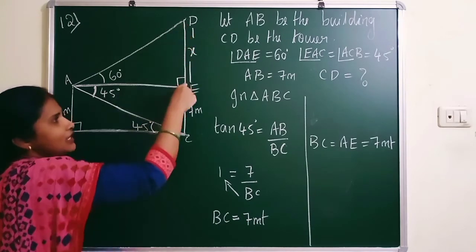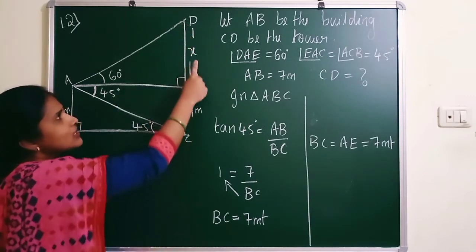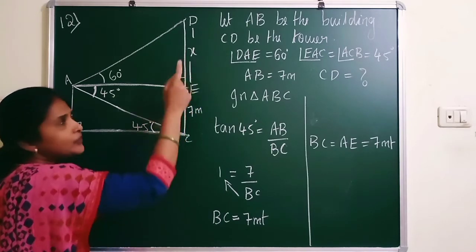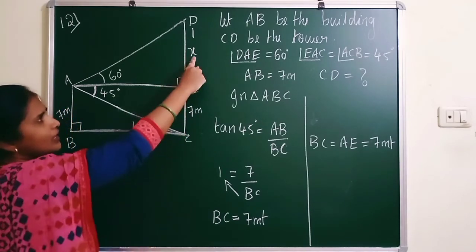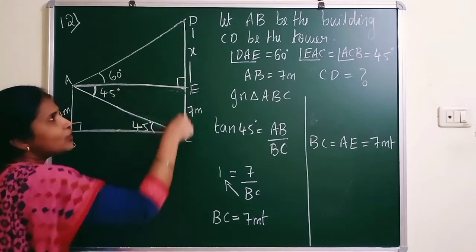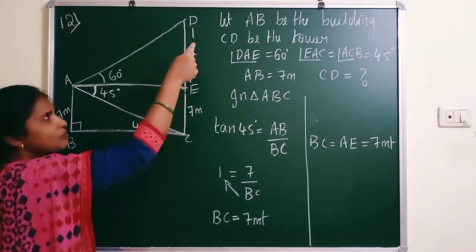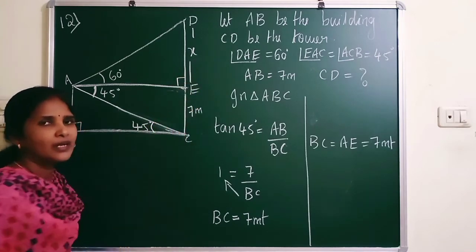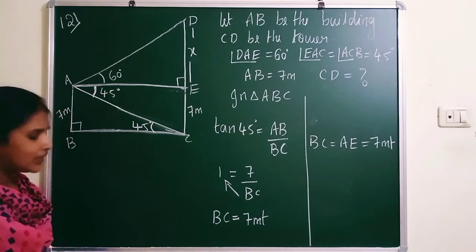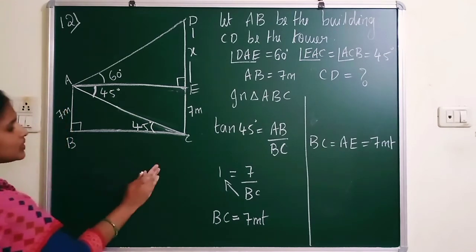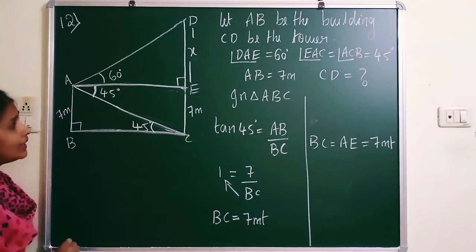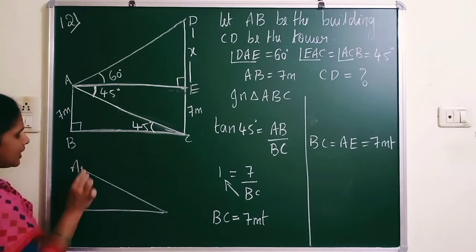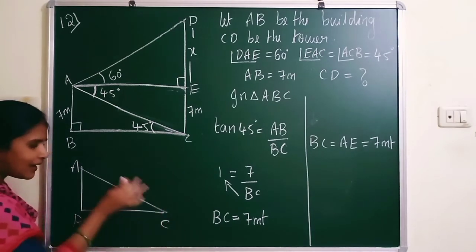And what about DE? If you don't want to take alphabets, you can consider any alphabet, that is, instead of taking DE, you can take it as X, or H as you wish. I have taken X. That is, the full height of the cable tower becomes 7 plus X. If you find the X value, then you can add it to 7. You will get the height of the cable tower. Now let us start. With which triangle do you want to start? In triangle ABC. So in triangle ABC, you can see from the diagram, I have picked this triangle, and this diagram is not necessary to do.